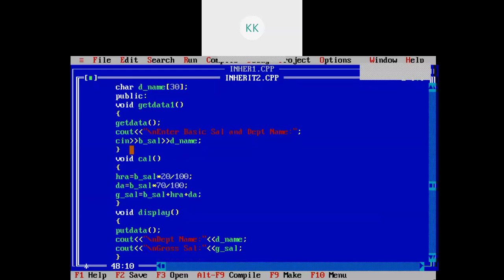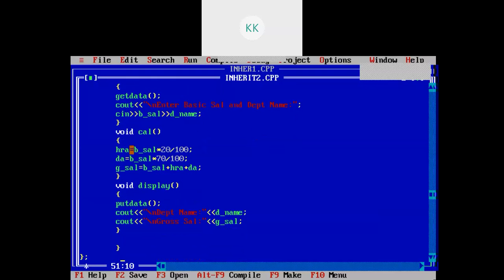Display the gross salary as well. Our class ends here.